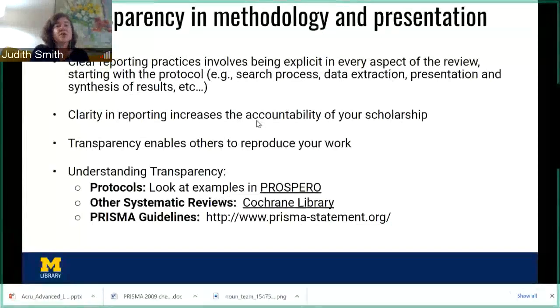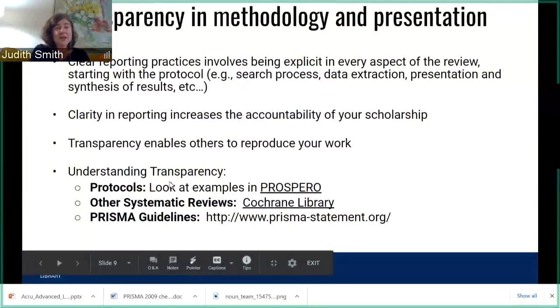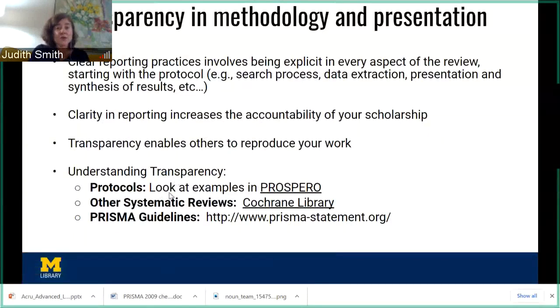Okay, so another attribute of a formal systematic review is that you want to decide before you do your review what types of content you're going to include and not include. So there are predefined inclusion and exclusion criteria. And this reduces bias, so that it prevents you from downloading your results and then deciding along the way what you're going to include and not include. So you're setting up rules for what you're going to include. That is another hallmark of a systematic approach.